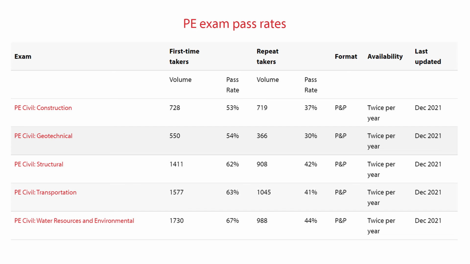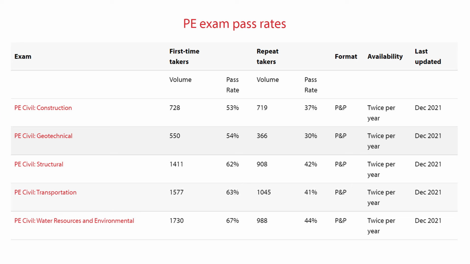previous 4 videos. The Construction Depth exam had a 53% pass rate for first-time takers and a 37% pass rate for repeat takers. The Geotechnical Depth portion had a 54% pass rate for first-time takers and a 30% pass rate for repeat takers. The Structural Depth exam had a 62% pass rate for first-time takers and a 42% pass rate